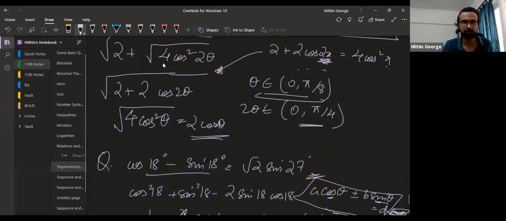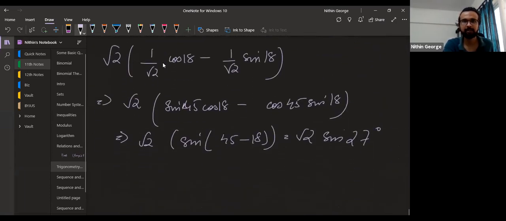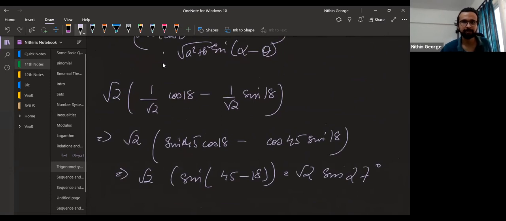Guys, I explained it twice. That's why it seemed like a long method, but it's actually a one-step thing. Right? It just starts from here, this step. From there, you move to the next step. Got it?